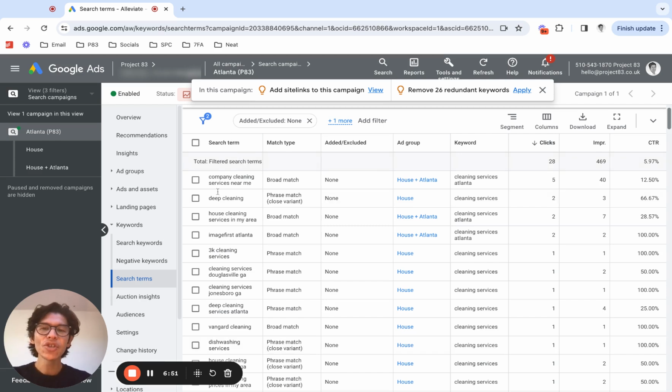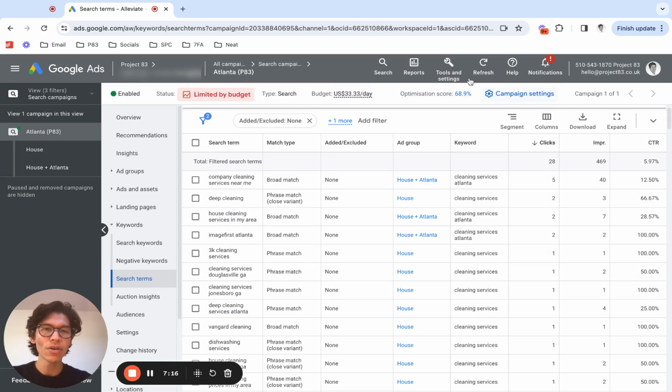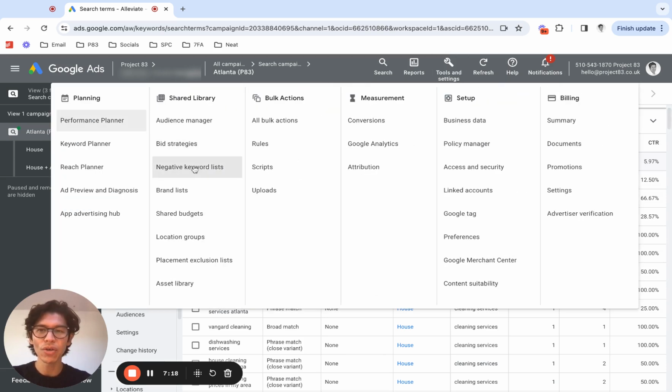So the search terms report drives the entire performance of the account. I can almost not look at the rest of the account and just look through the search terms. If I know that the majority of these search terms are bang on the money, these service or service plus location searches, I know we're going to be getting leads. I know we're going to be hitting that 20% lead conversion rate. So this drives everything. If I go to tools and settings, I'll be able to show you where the negative